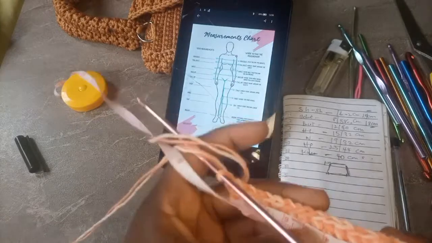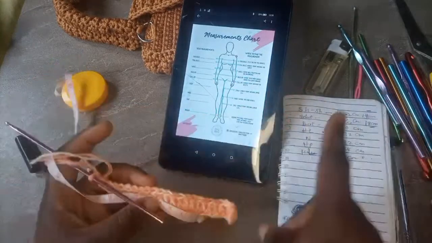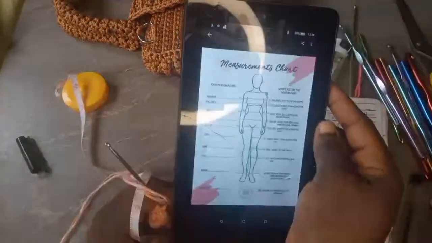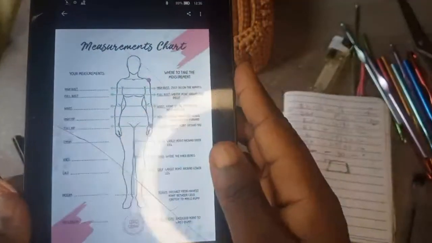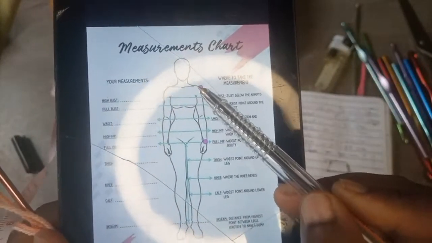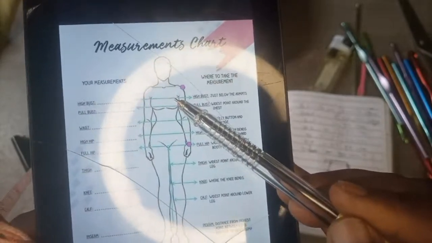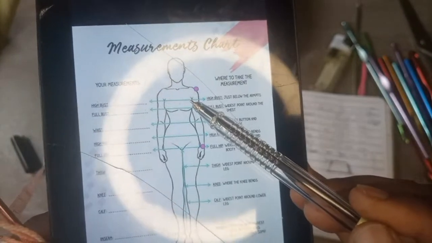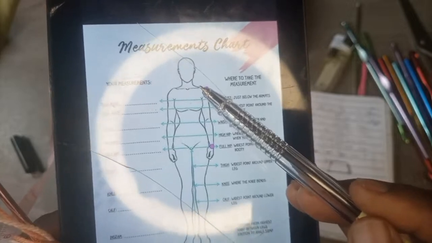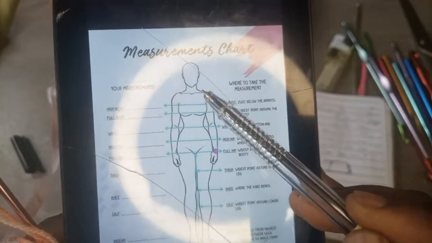Just place your measurement on your stitch. Okay, I should explain the measure. Now the armhole is this. This is your armhole. This is your shoulder to shoulder measurement. Now we have the upper chest area, which is usually around the armpit area. Do you understand? Now from your collarbone, if you touch your shoulder, you find a collarbone.